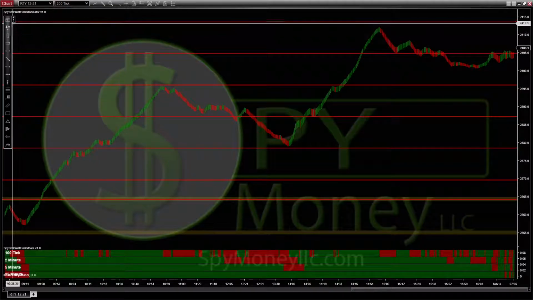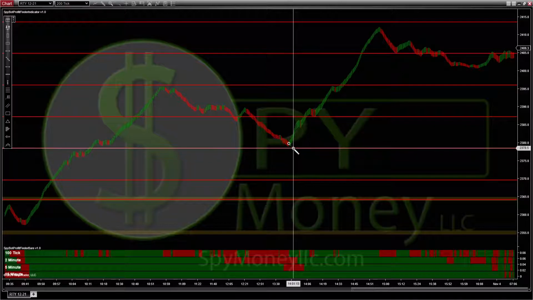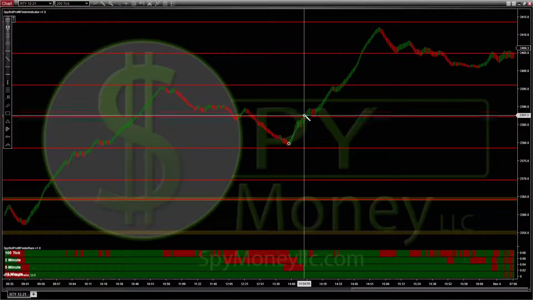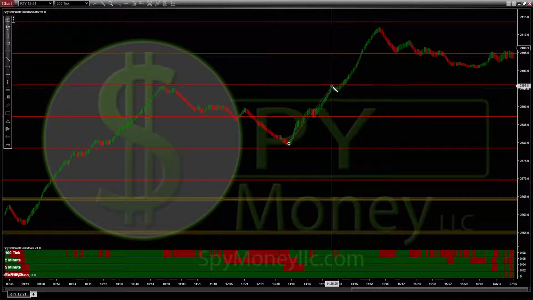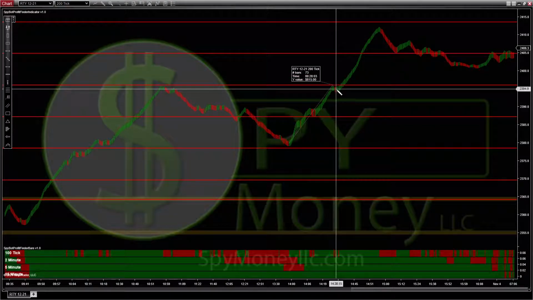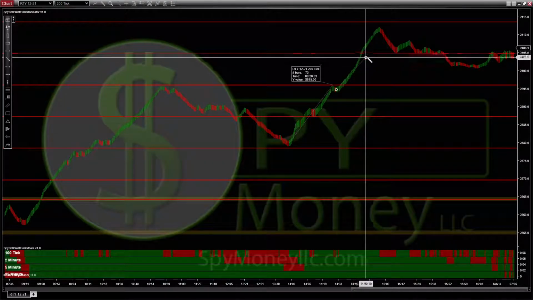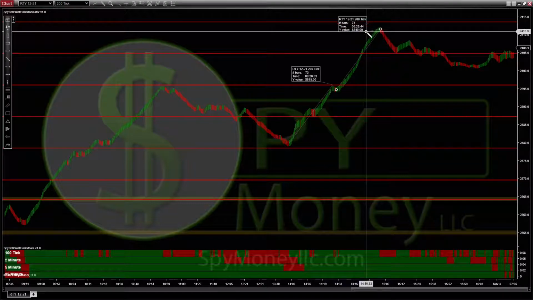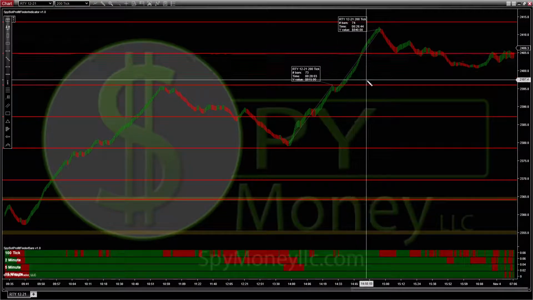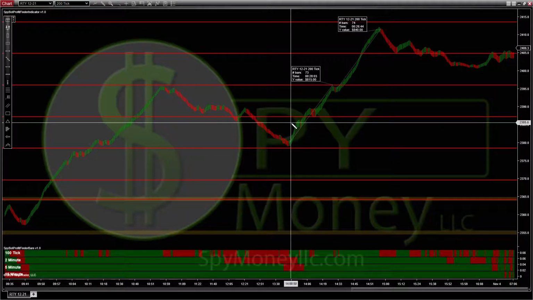But on this one, if we come back, and let's just say we got in right there, we're off of that bottom. And if you use this with your support and resistance, it actually works better because you could have got out right there. And then it started pulling back. Maybe you held off on it because you got all this green. As soon as it turns green, you come back in, and you got out right there. Just those two trades is $1,655, and that is from